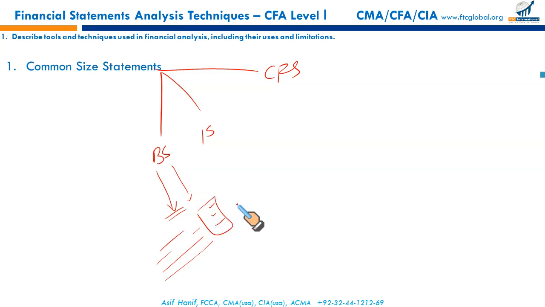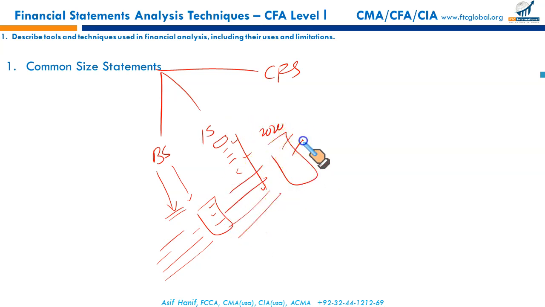We take a base year and all the numbers for the following years are expressed as a percentage of base year numbers. Likewise, in common size income statement analysis, we use sales as our base, and each number in the income statement is expressed as a percentage of sales. It's called vertical common size income statement analysis. It could be done horizontally as well, where we take a certain year as a base year, like 2020, and each of the following years' numbers are expressed as a percentage of the base year. And we discussed that the cash flow statement can be expressed in common size.